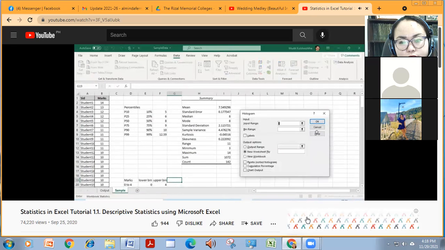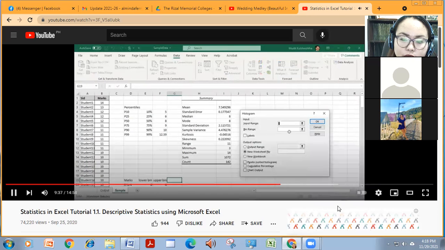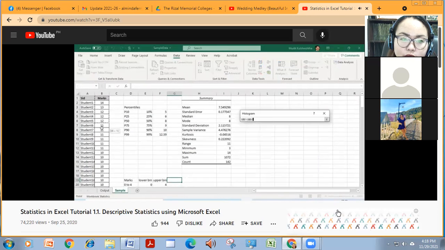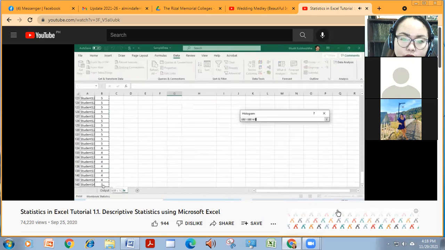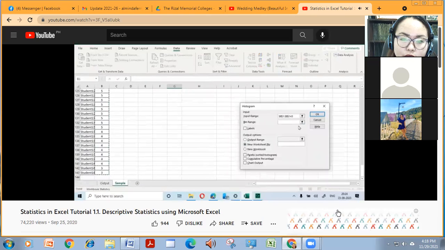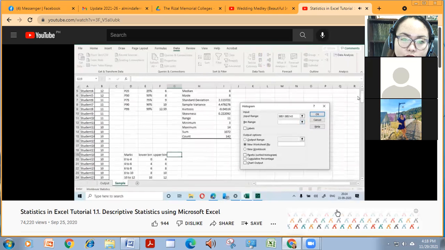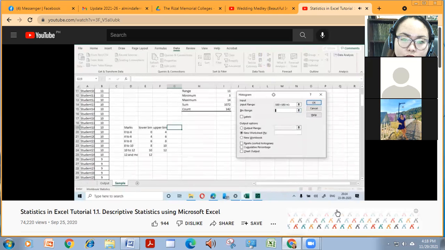So press OK, and now it is asking for the input range. The input range remains this. Remember again, this has the labels option, so you can choose the marks. So I'm choosing the labels option here, and now it is asking where is the bin range. Remember that, make sure there are dollar signs here so that. Now bin range only requires upper bin, and it is automatically assumed what the lower bin is.